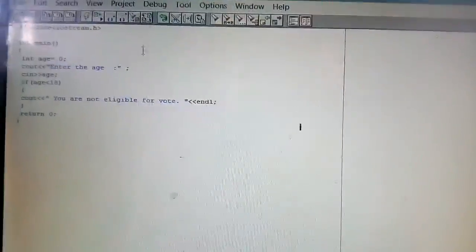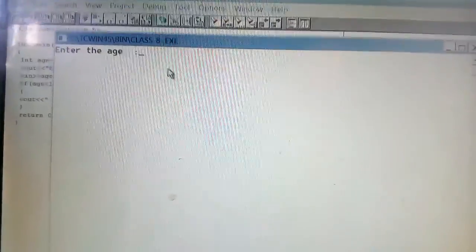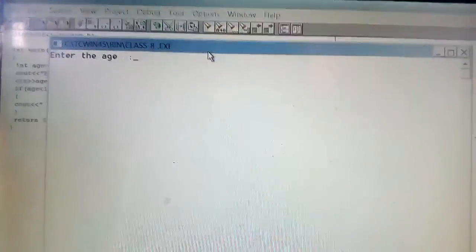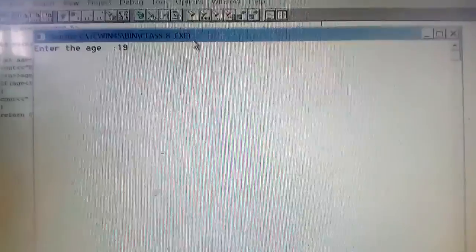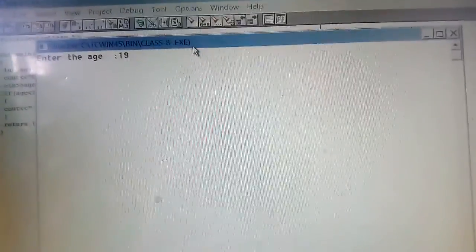So for that, execute the program again, run the program, debug and then run. Suppose I am giving more than 18, suppose 19. Now what will happen? Nothing. So it will actually exit from the loop, right?